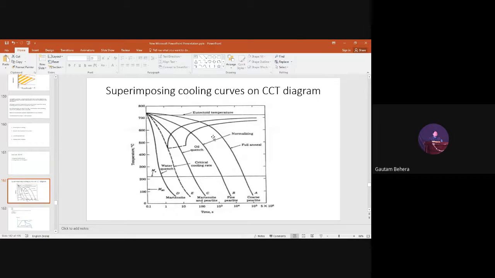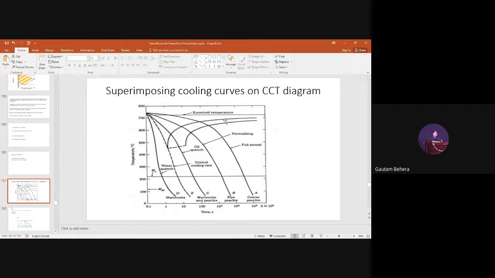So you can see this is a very good plot, that is temperature versus time, but this time is basically log T, you have to remember, right? So what kind of plot is this, if you remember? This is the eutectoid temperature, right? And this plot is up to this.